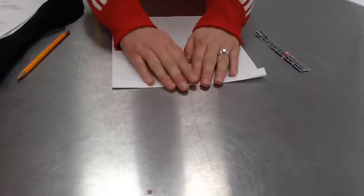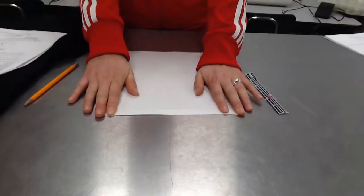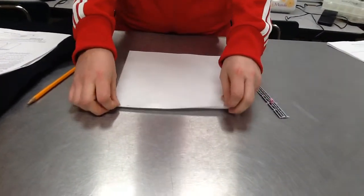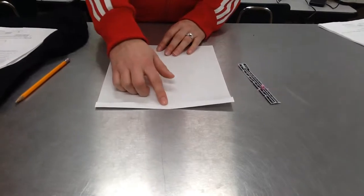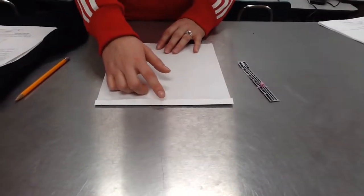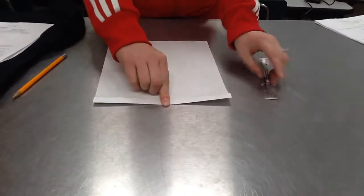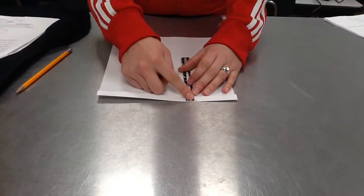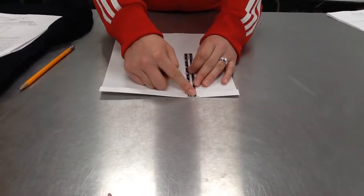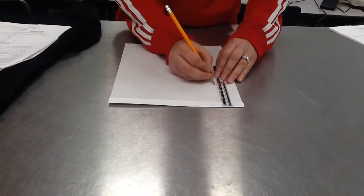Okay? So now it says, keeping the 1/2 inch folded, I'm going to fold it over again 1.5 inches. So if I want my space to end up being 1.5 inches, I'm going to be measuring down 3 inches from the top. Okay, so I can measure from the top of my fold, and I'm going to measure down to my 3 inch mark, and I'm going to make a line right at 3,